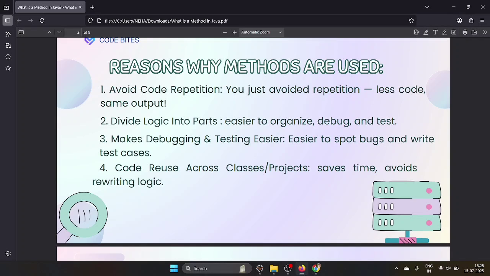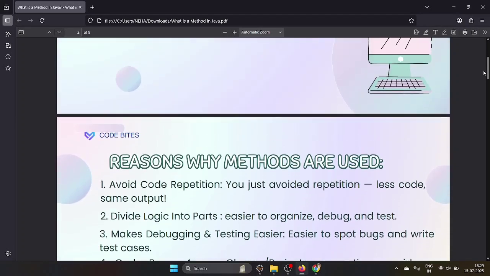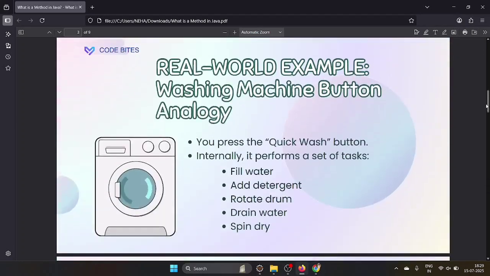No need to write the code again, right? If you build it once, you can make use of that same code again and again, right? So you can reuse that code, and you can make money and save time also. Okay, this is why we need to use methods. This is one of the best things about using methods.